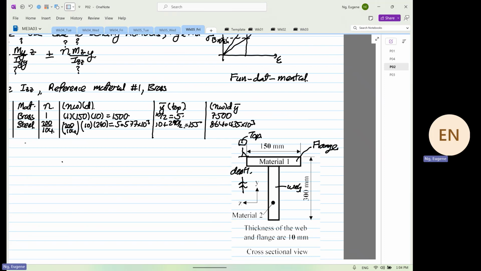Then you do the summation on your final column. 1500 plus 5.577 times 10 to the power 3 is equal to 7077. And then over here will be equal to 7500 plus